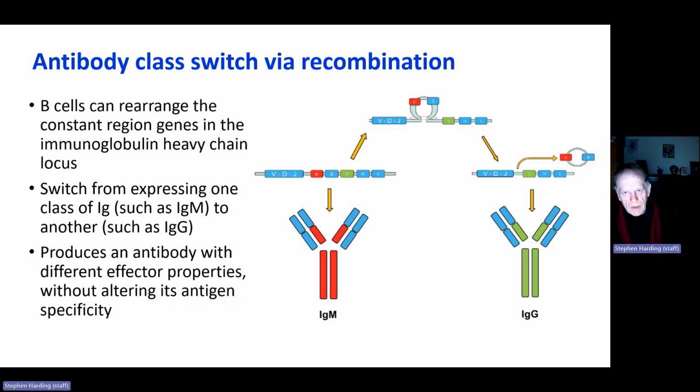So on the constant domain, B cells can rearrange the constant region genes in the immunoglobulin heavy chain locus. So you can switch from expressing one class of Ig, such as IgM, to another during recombination, such as